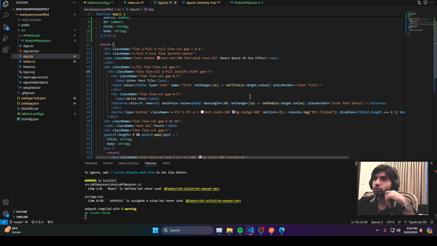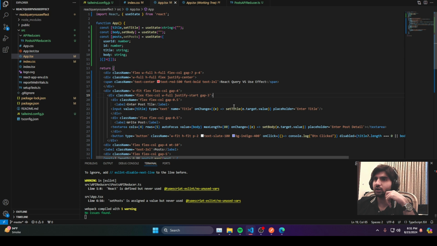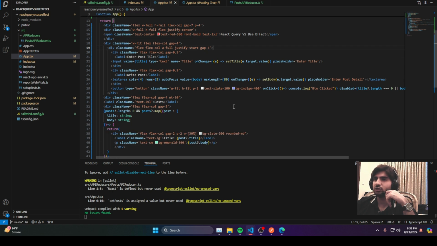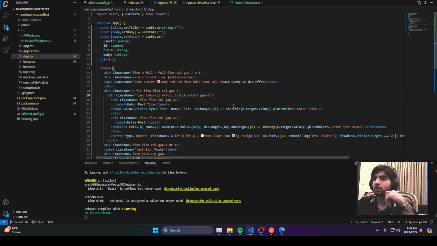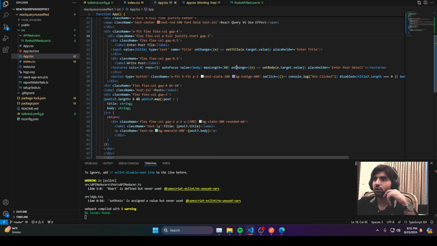So first of all, talking about the main differences, we are going to highlight the main features of React Query, like its error handling, data caching, and how to optimize and load the data. We will be looking into these features in useEffect as well. So first of all,